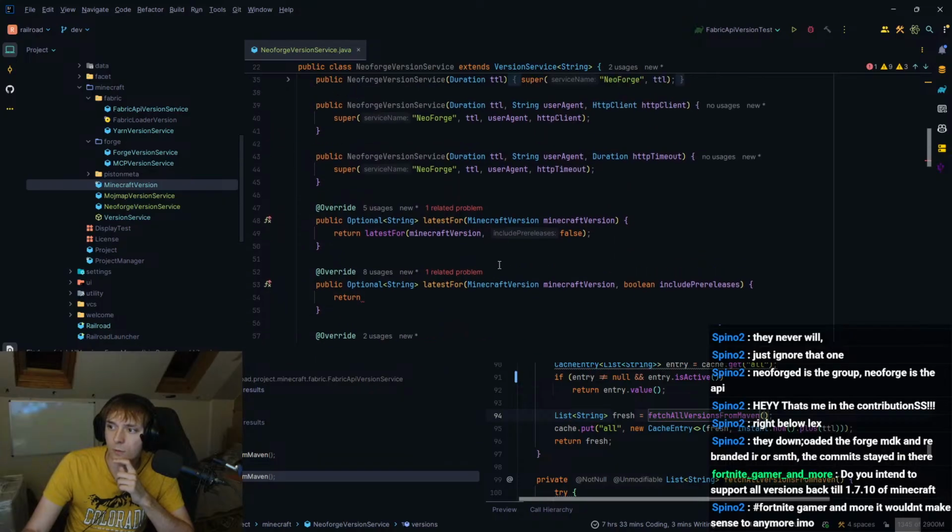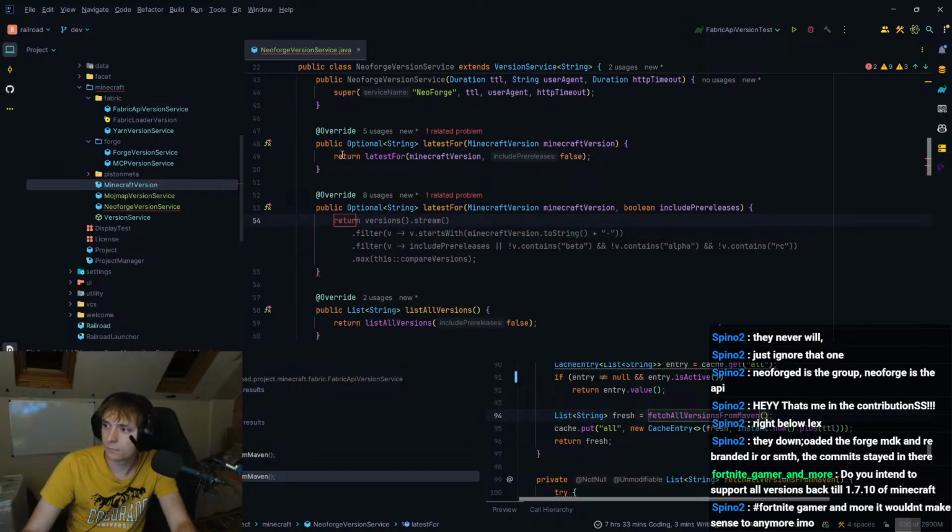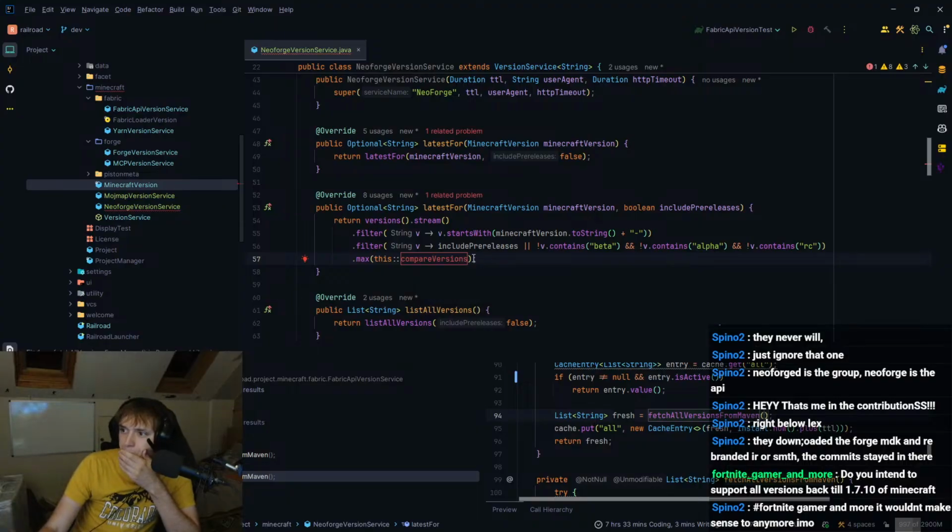So now what I can do is when I do latest for, include behaviors, it's not. So a version dot startsWith minecraftVersion.toString plus a dash.